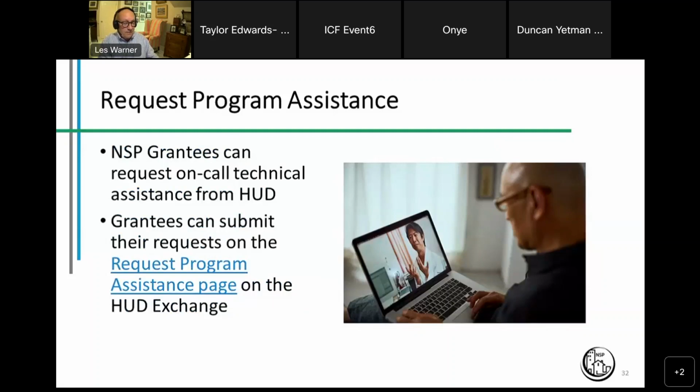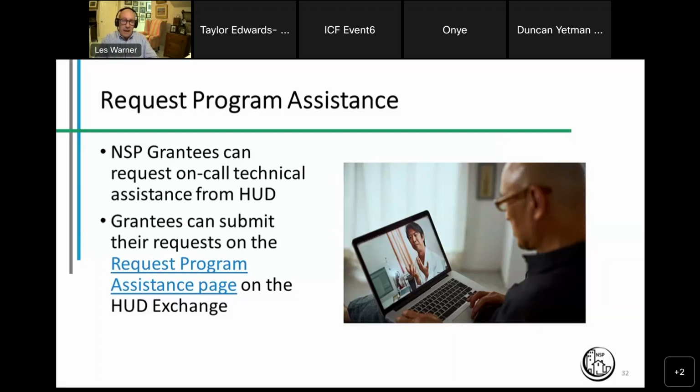Lastly, I wanted to mention that we still have direct technical assistance that can be available for you. So if you, as an NSP grantee, are challenged by getting your program closed out, or by going through the strategy and making a decision about where you're going to use your program income funds. Am I going to keep it in the NSP program? Am I going to transfer it to CDBG? Any of these issues that are keeping you from being able to complete this process and close out the NSP program,